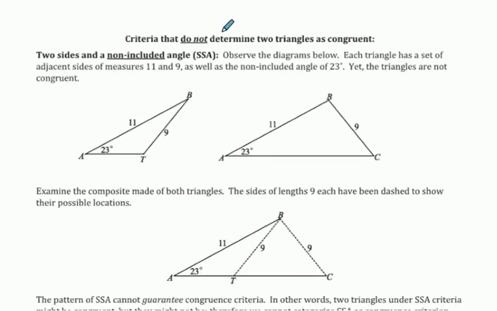Again, I want to review with you the different abbreviations that are not able to prove that triangles are congruent. The first one, as I mentioned earlier, is side-side-angle, or if you read this in reverse, angle-side-side. The reason that we can't use angle-side-side or side-side-angle to prove triangles are congruent is that, given a pair of congruent angles and a pair of two congruent corresponding sides, notice how I can form two triangles